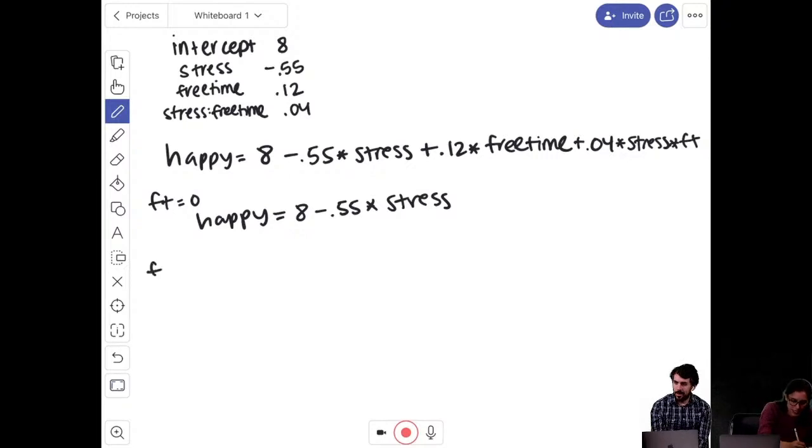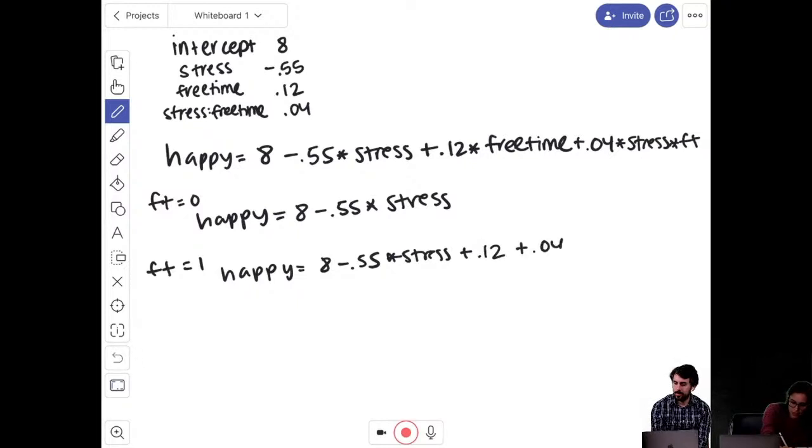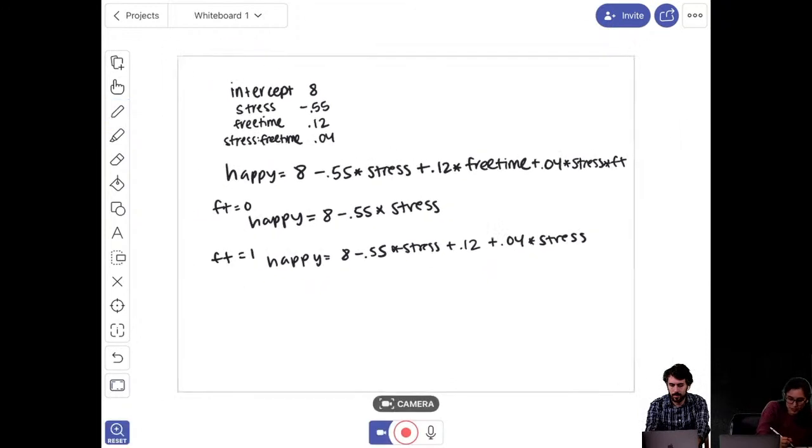When free time equals 1, we get happy equals 8 minus 0.55 times stress, plus 0.12 times 1, which is just 0.12, and then plus 0.04 times stress times 1, which is just 0.04 times stress. And if we simplify this,